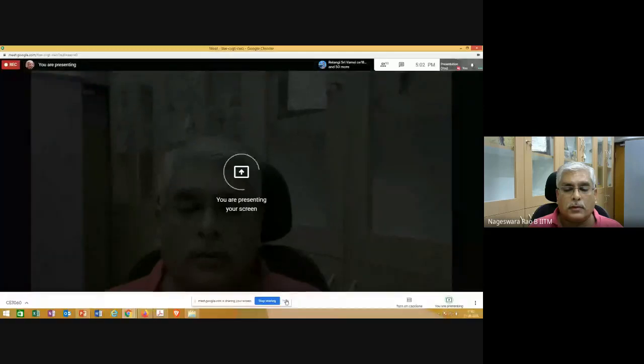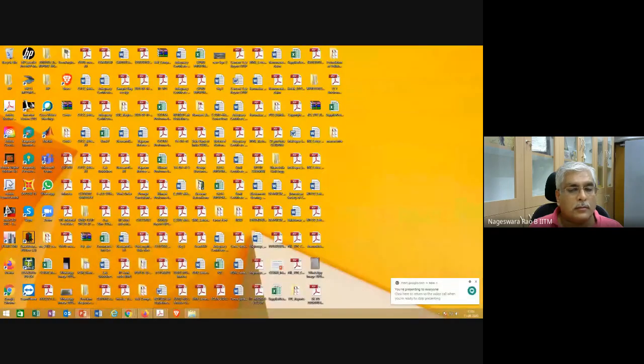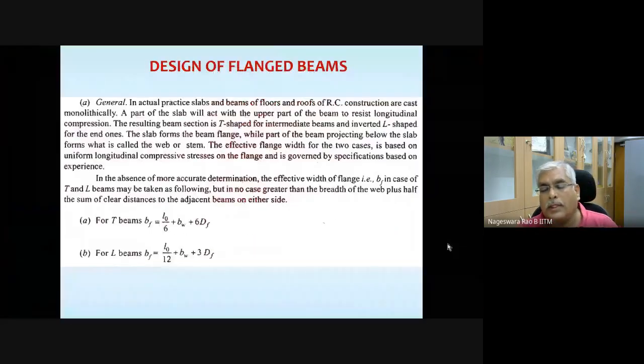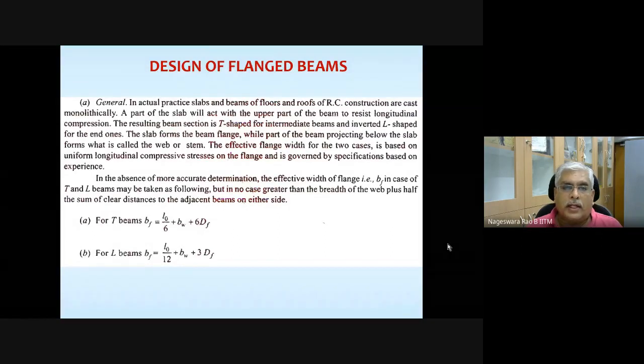Okay. So let's get started. The next topic is design of flanged beams. Please note that as we build up the course, as we progress, we add more things. So far what we have done is we have learned how to design a rectangular section. But if you see